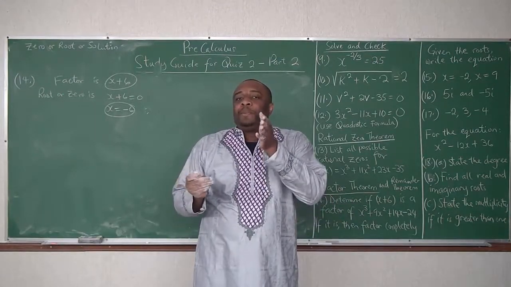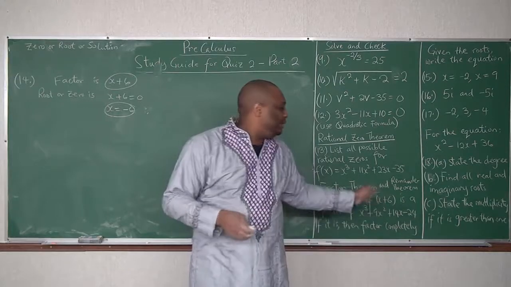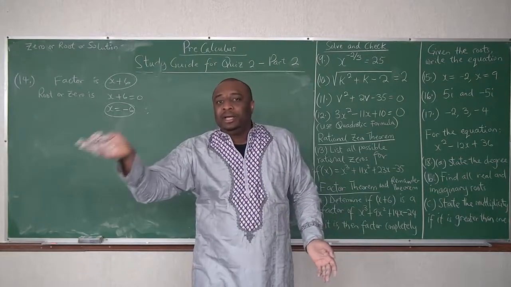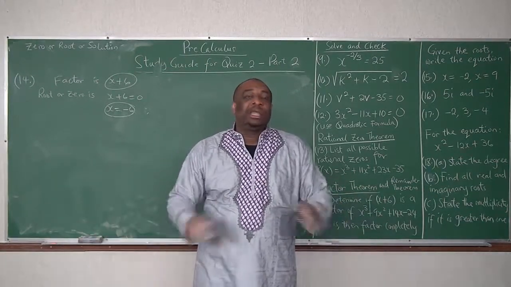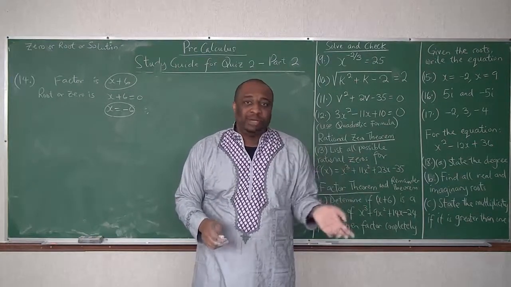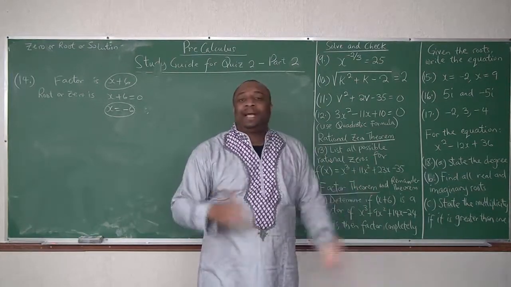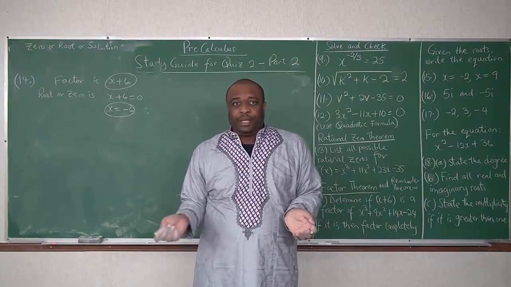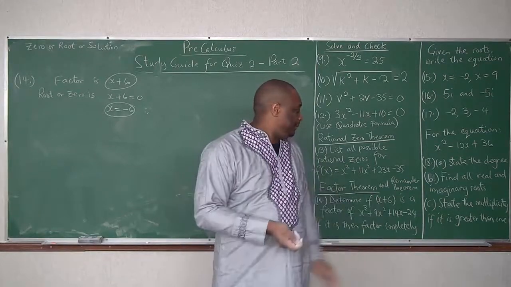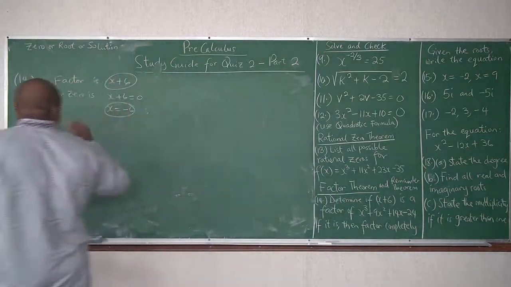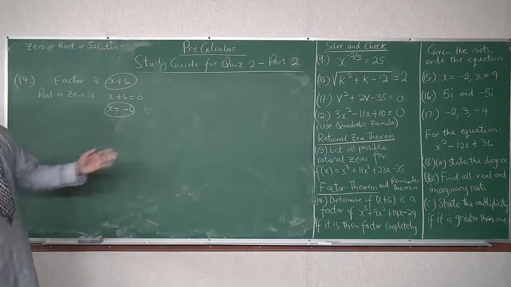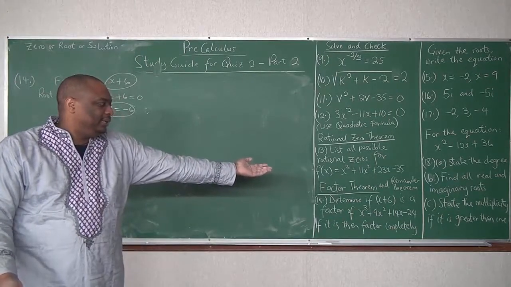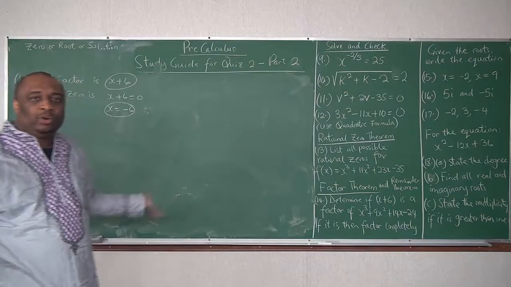Now, another thing we can do is we can go ahead and divide it, and if the remainder is 0, it is also a factor. I'll teach you two ways to do it: by factor theorem and then by synthetic division. We can use synthetic division, we can use long division, it does not matter. I can teach you the three of them. Okay, so let's use this remainder theorem first. The factor theorem is just saying if the remainder is 0, then the divisor is a factor. That is what it's saying.